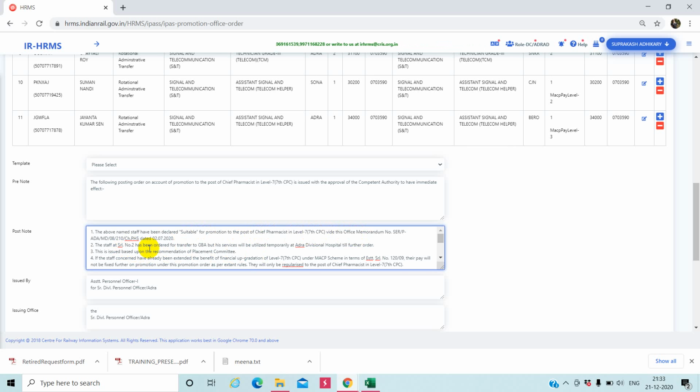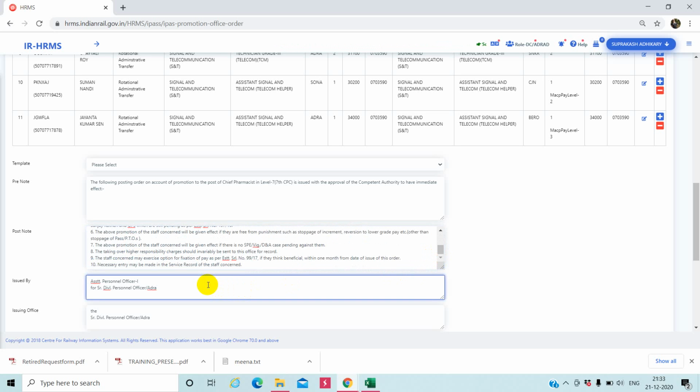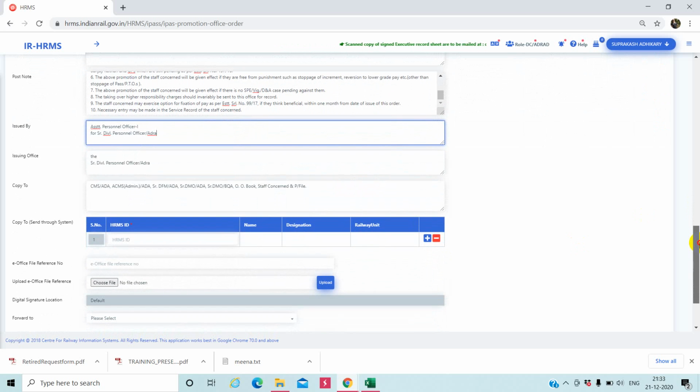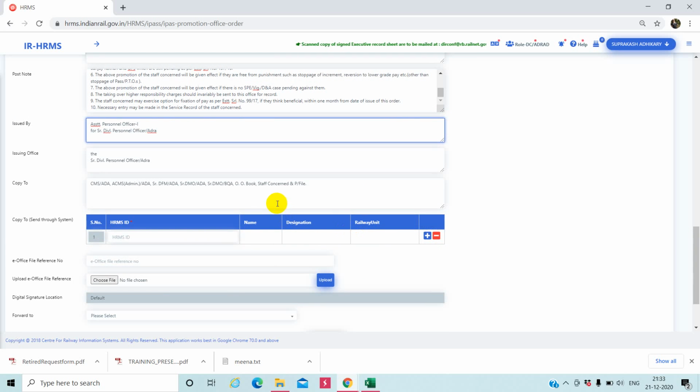Whatever you may write in the office order, you may write over there. Issued office order: who is generally the issuing authority? Assistant Personnel Officer is the issuing authority. This office order is issued from the Senior Divisional Personnel Officer.